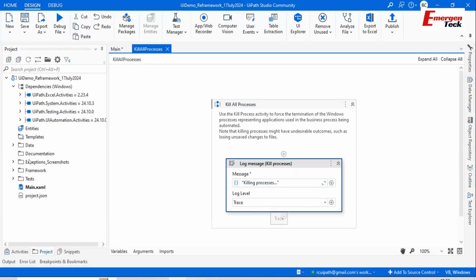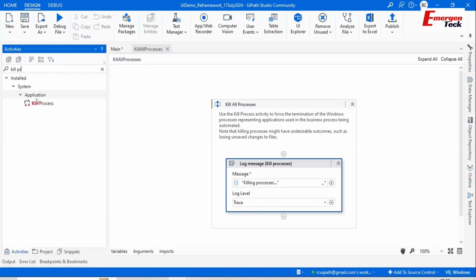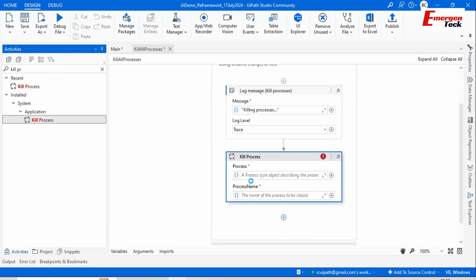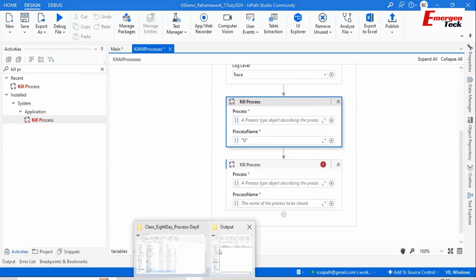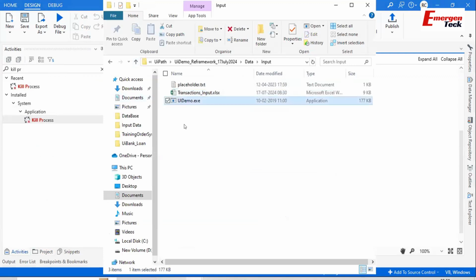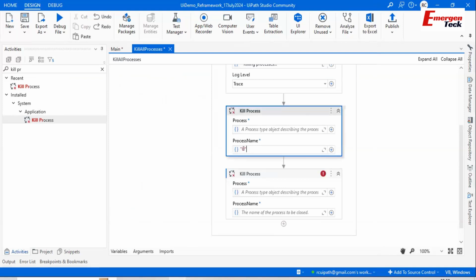Then we have to add a kill process. Here we are going to use UiDemo and Excel, so use the kill process activity. Let this complete. So this is UiDemo, input, what is the name? Properties, UiDemo, don't take .exe. So this is UiDemo, and this is the